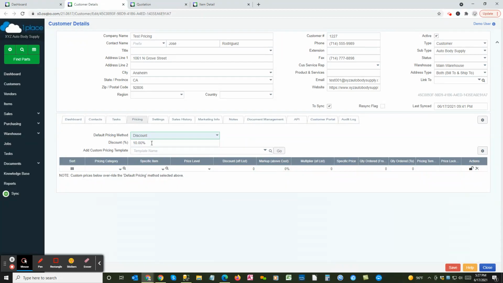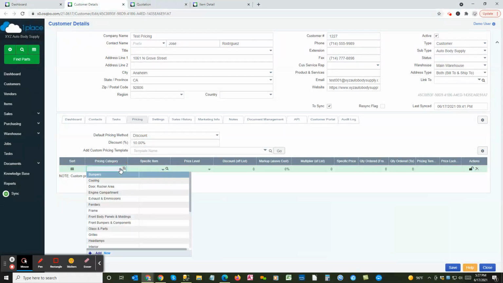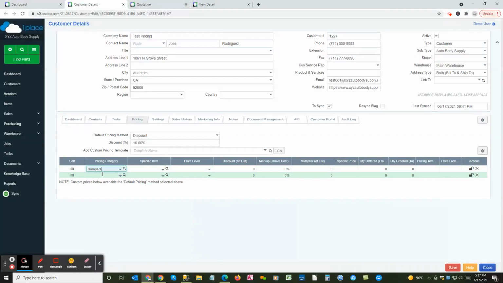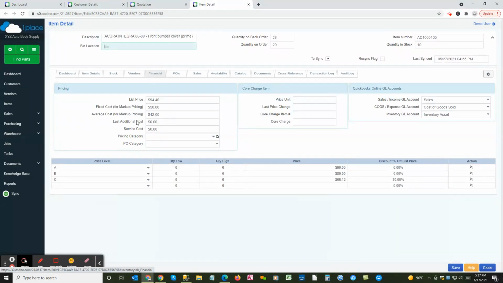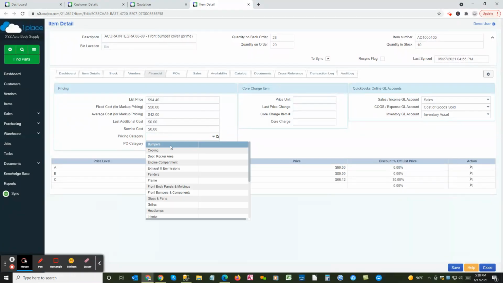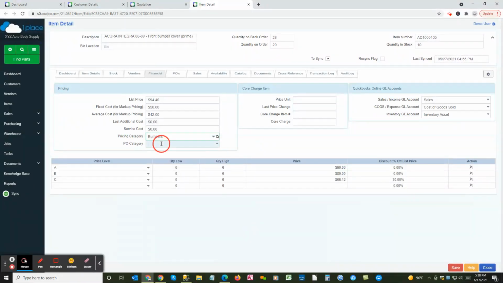Let's say we have a discount of 10% for everything we ever sell to test pricing, unless the type of item, the pricing category of the item is a bumper. Now, how does that work? The pricing category. Over on an item, every item on the financial tab has a pricing category field. Now, if there's no pricing category selected, then this part will not be included in that. But if this part, which happens to be a bumper, if we have that set as a pricing category of bumper,